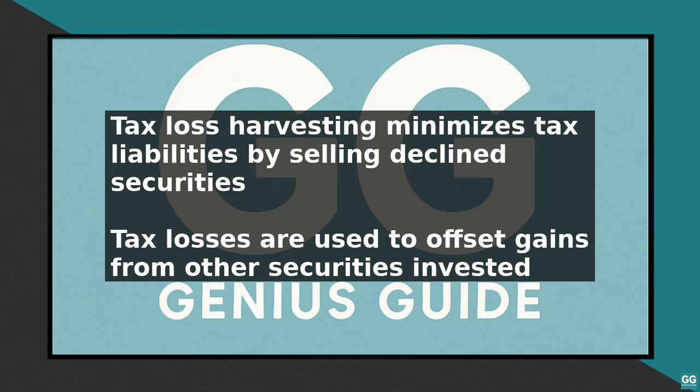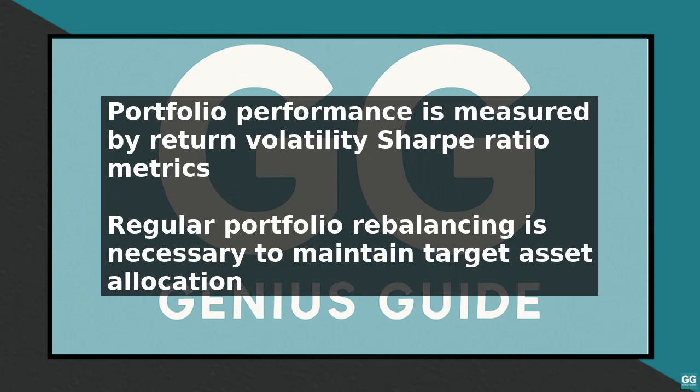In terms of best practices, it is essential to monitor your portfolio regularly and rebalance it as needed. Rebalancing involves selling securities that have increased in value and buying securities that have decreased in value to maintain the target asset allocation. It is also essential to take a long-term view and avoid making emotional decisions based on short-term